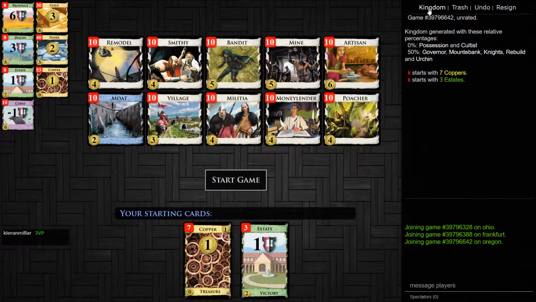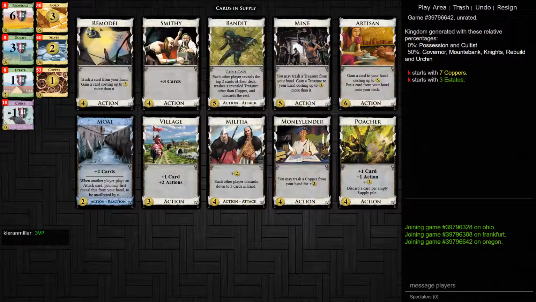What have we got going on here? So the trashing is Moneylender and Remodel. So would you rather start with those? So Artisan. Is Artisan good here? There's no plus buy. The only way you're gaining extra cards is Remodel and Artisan. What are you going to be getting with Remodel? I guess you might be getting...